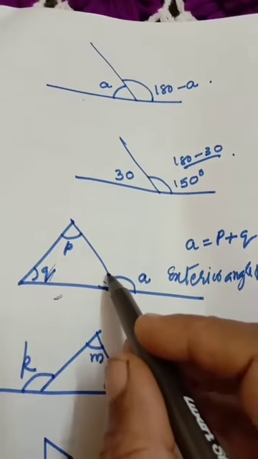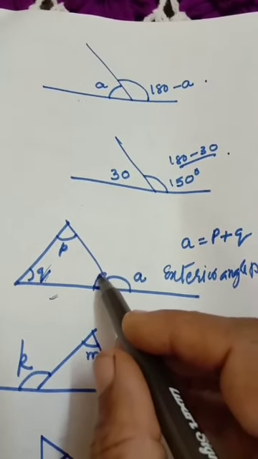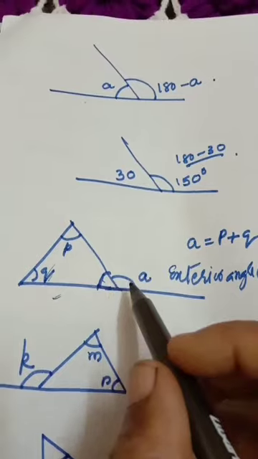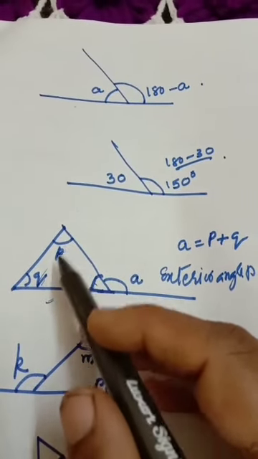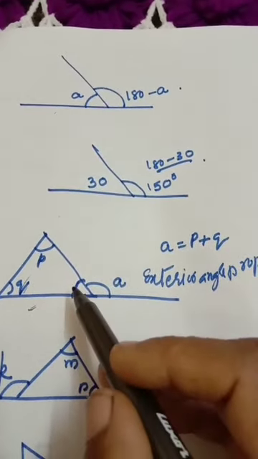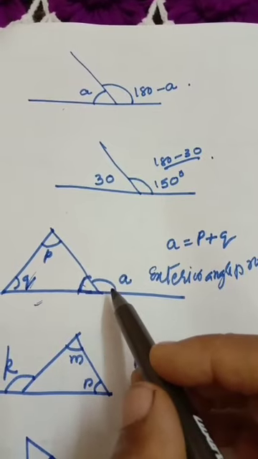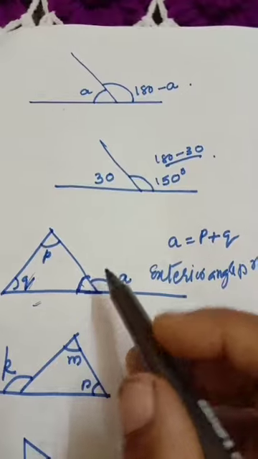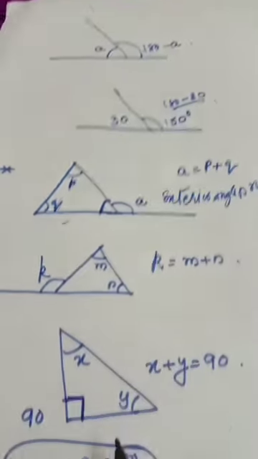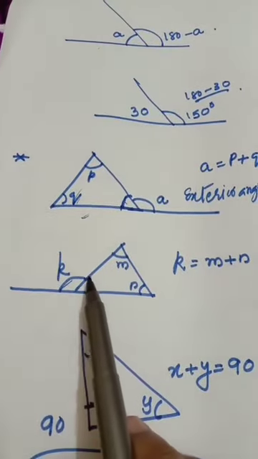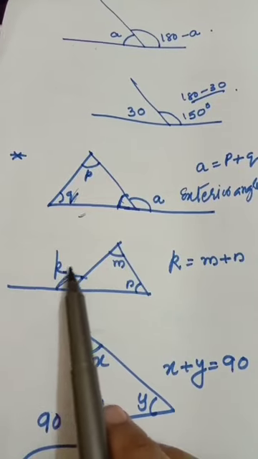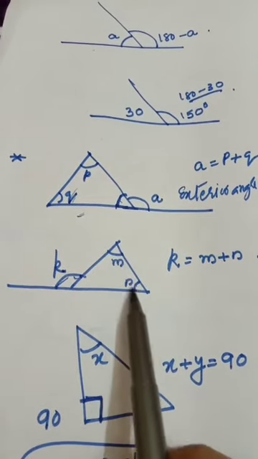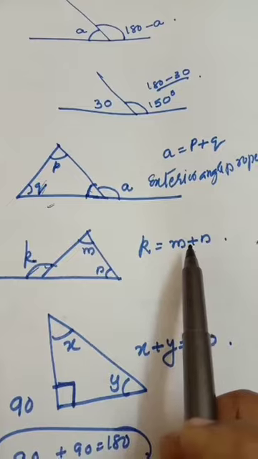This one is called the adjacent angle. You do not check this, okay? Opposite angles only, P plus Q. When you add these two, you will get 180. These two angles on a straight line are called a linear pair. Okay, that I already discussed. This is the exterior angle, the outside angle. Exterior angle equals the sum of opposite interior angles, M plus N.